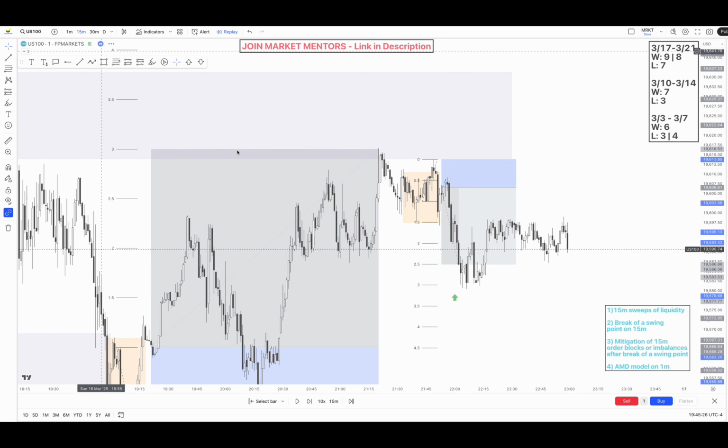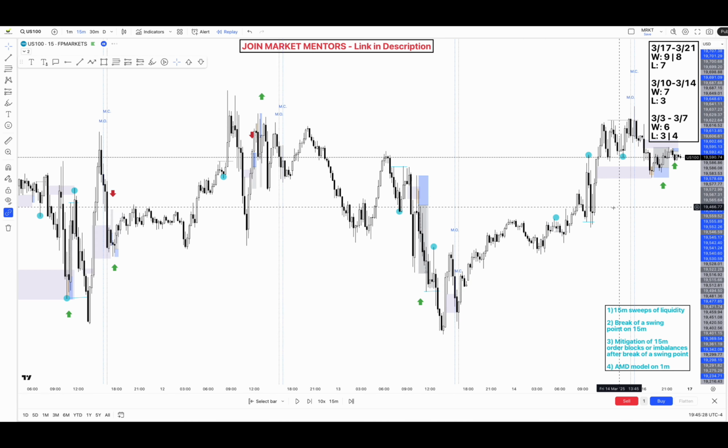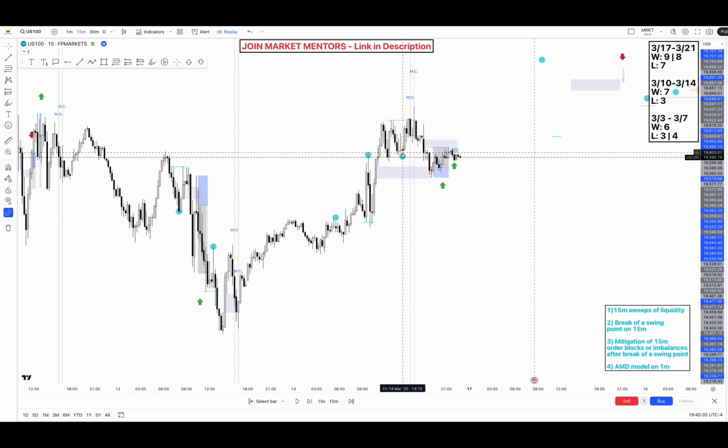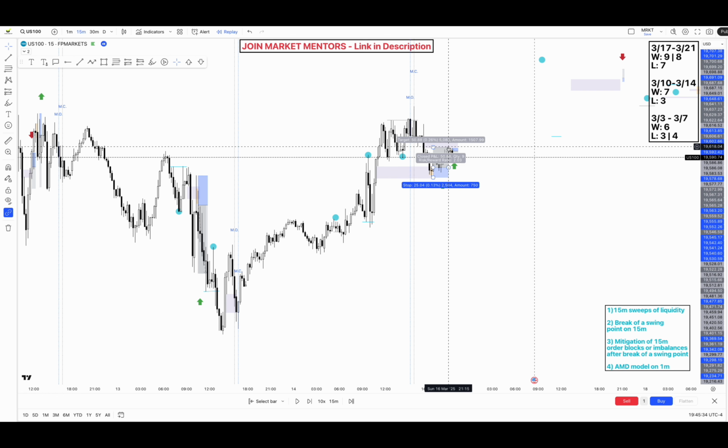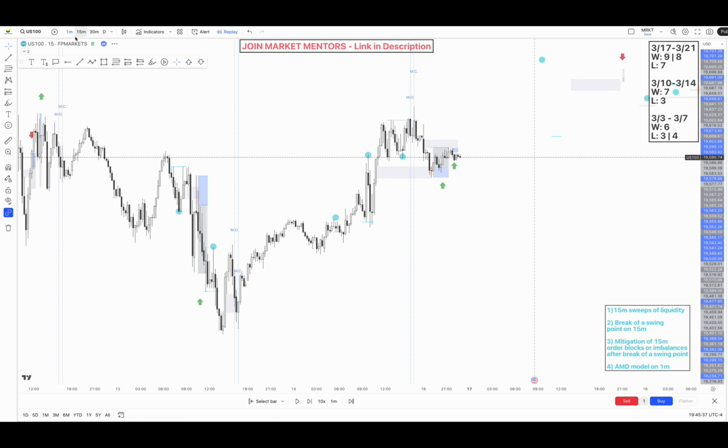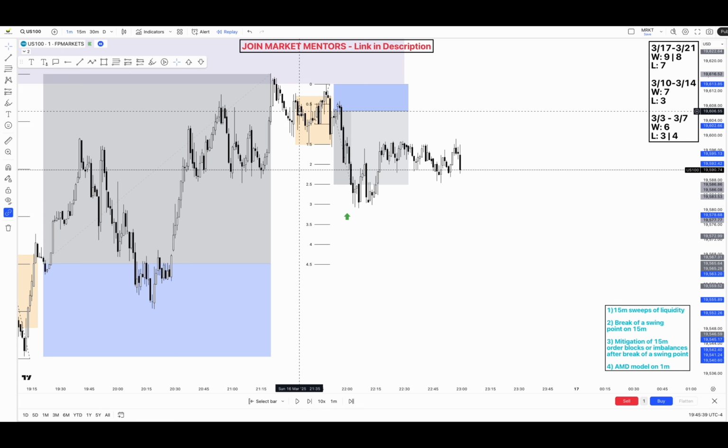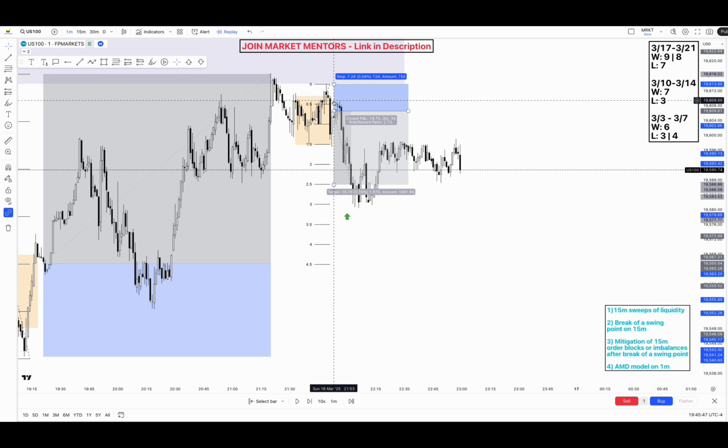Then we had another area of interest form in the 15-minute. Same type of concept, swept this liquidity here, broke this swing low while leaving this imbalance here, so we bought into this imbalance, and then once it taps, looking for a sell move there. And then you see that it has this accumulation here, all these inside bars, breaks to the upside, just sweeps this liquidity here, and then goes back to the downside, leaves some imbalance, it just breaks it with a wick, but it's still valid, and then